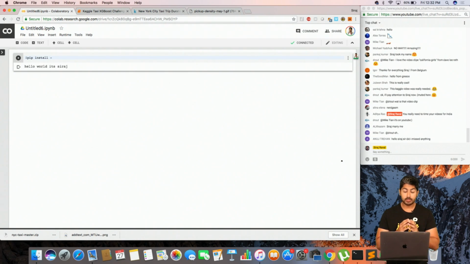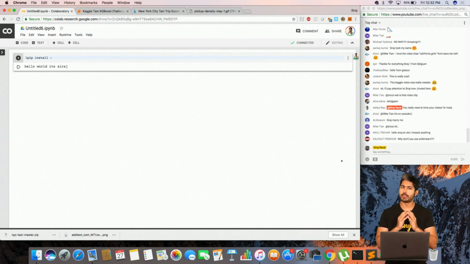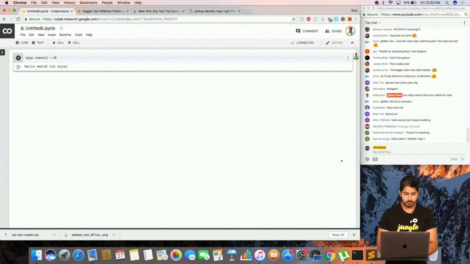So we need to import this data set, right? So how are we going to import this data set? Well, ideally we could import it directly from Kaggle. So that's one way, just using the Kaggle API. Another way is for us to download it, then upload it to Google Drive and import it from there. So that's what I did. So I'm going to show you how to do that. We're going to have to install one dependency, and we can use pip from right within this.